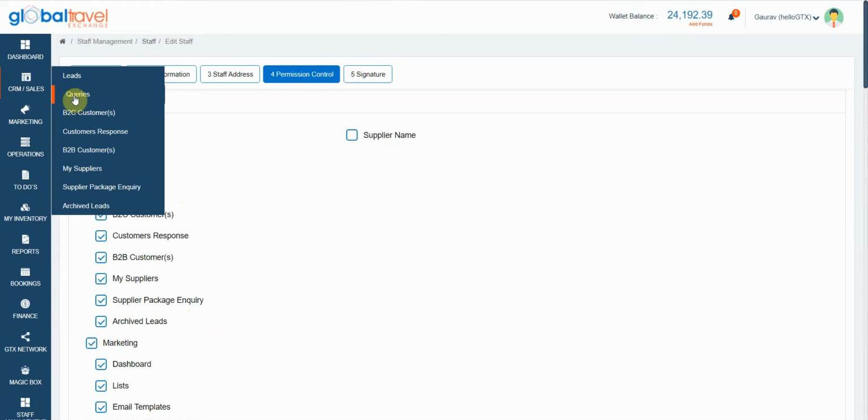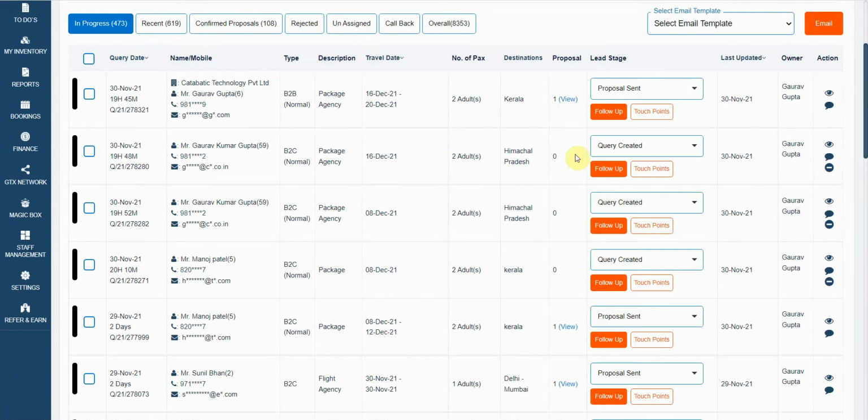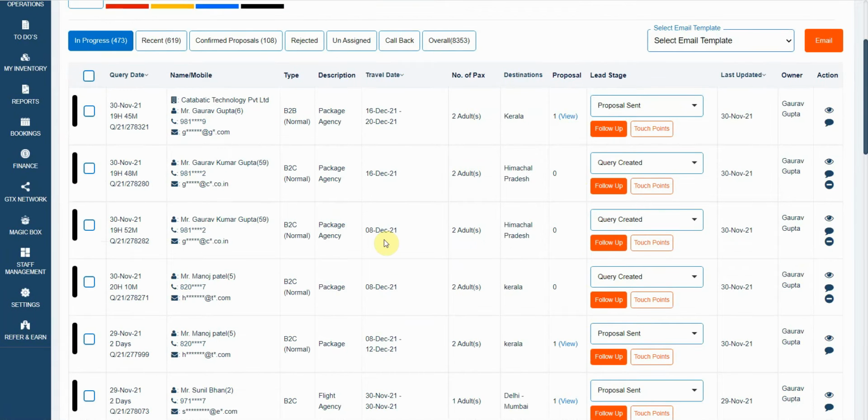One very important feature: whenever you see this follow button as orange color or this particular stripe as black, it means no follow-up is being done by the team. So tell your team to send the proposal using this software only, because once they send the proposal from the GTX system, automatically the proposal counts are getting updated and the lead status is getting updated, number one. Number two, as I said, this should not be orange. Why is it orange? Because there is no follow-up being done by the team.